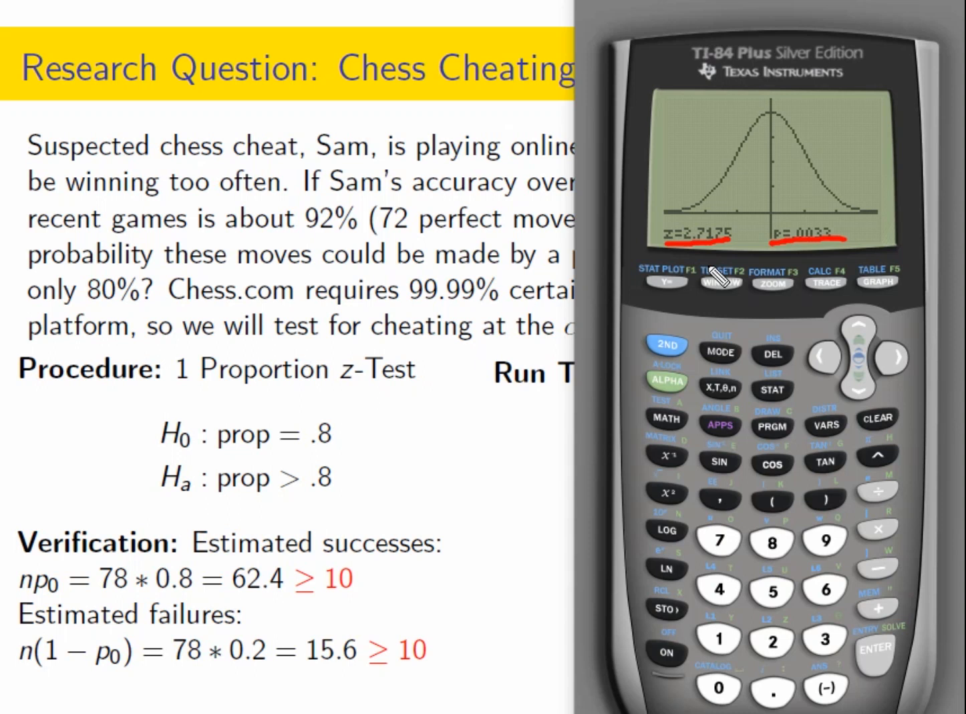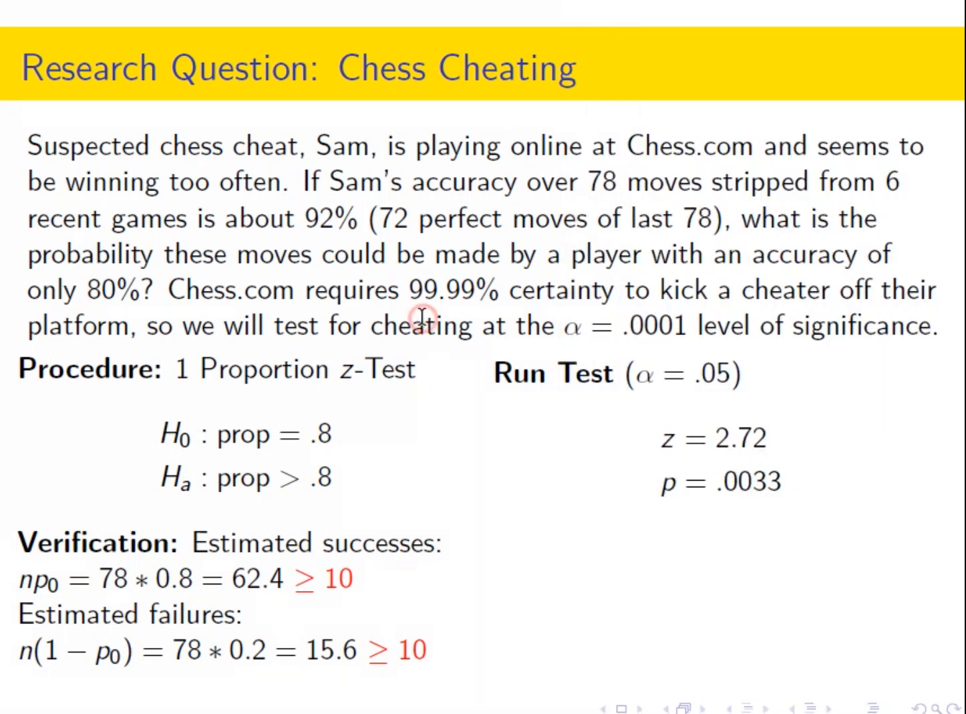Does that sound like Sam, an amateur player, could actually do that without cheating? So that's where we're getting Z and P. We're going to run those. So now we have a p-value. So we compare p to alpha,